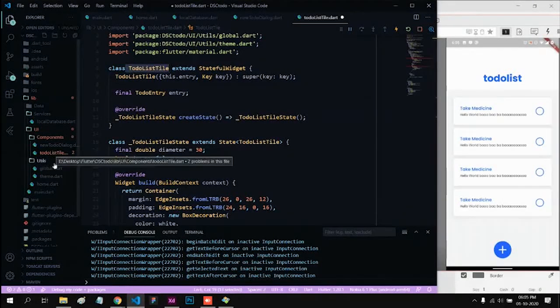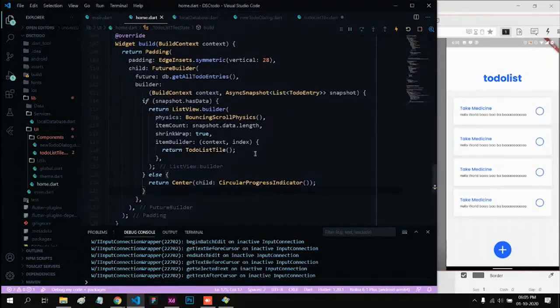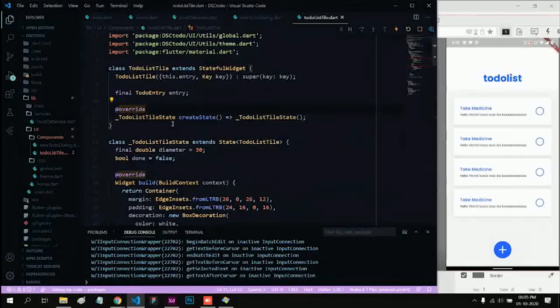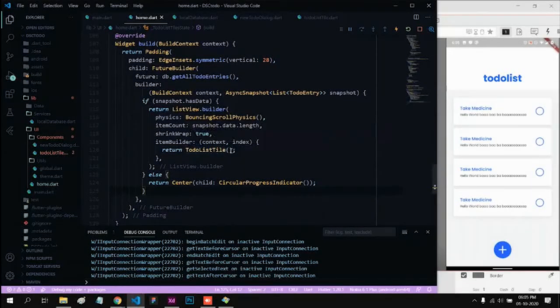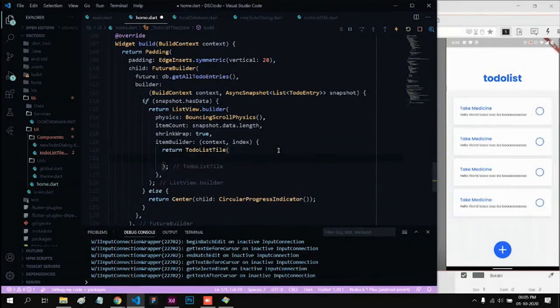The entry is, let's go to home. Okay, let's save this first. Save this. I know it's not going to show it over here because it's having errors. Let's go to home. It's going to show an error. Yeah. So now we can add in an entry, and the entry will be